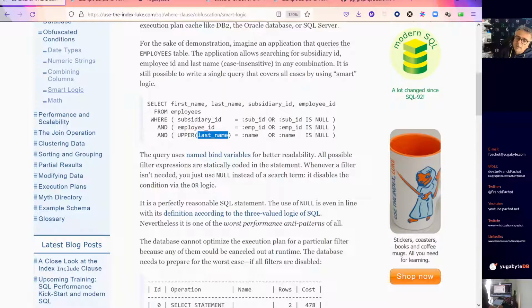they define one prepared statement to be shared, and with a predicate that says something like, if there is no sub ID, then just read all the rows. If there is one, then use it as a criteria. So that's very clever. It works in the logic. But the problem is that this is very difficult to index because the execution plan will be built before knowing the value. And as there is the possibility that it reads all subsidiaries, it will not use an index to